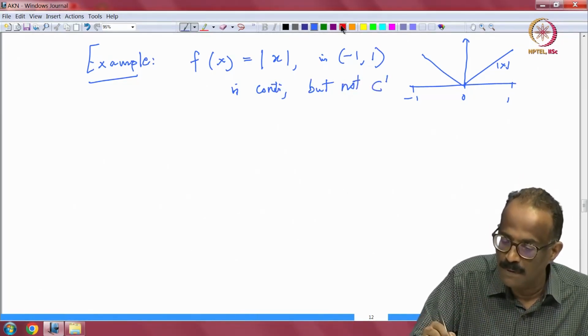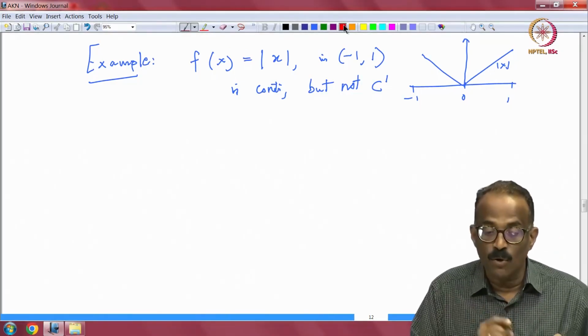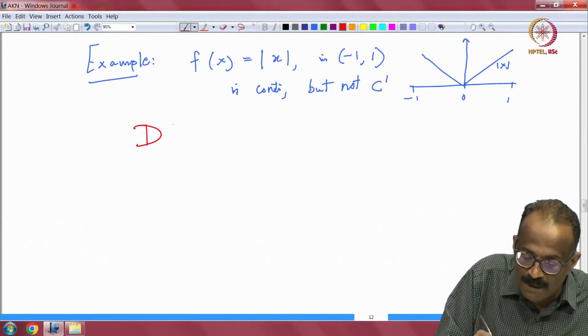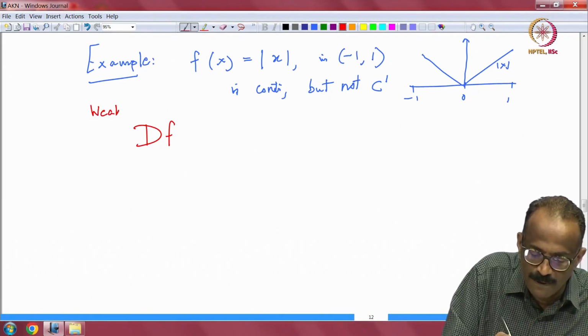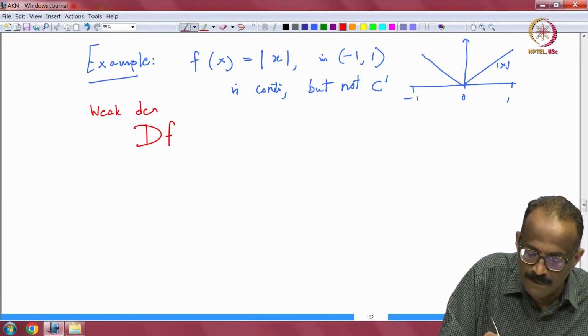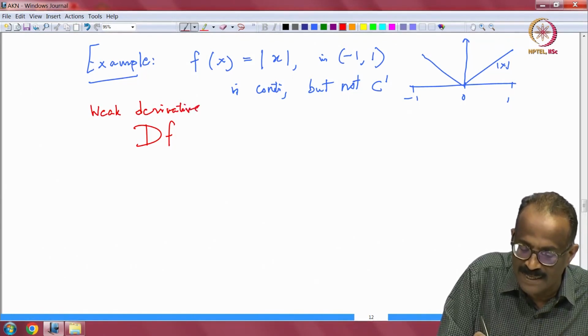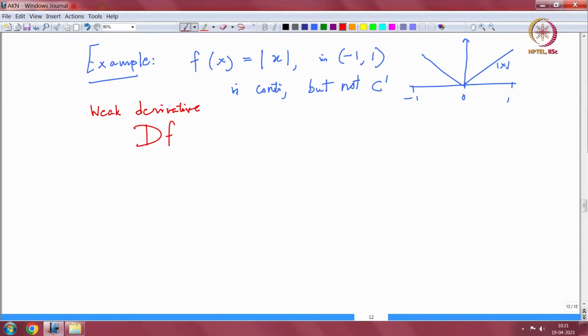Okay. So, let me go to the other color, maybe better. So, it is not C1. So, what is your weak derivative? So, your df is the weak derivative. These concepts are new, as I said, it may take time, but you try to get used to it. df of phi